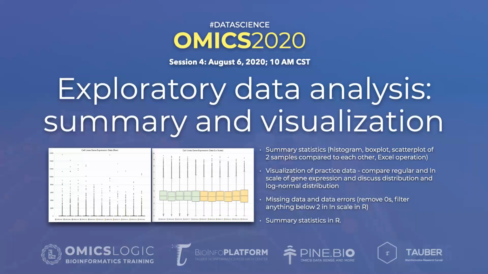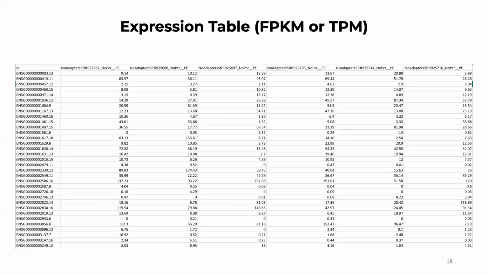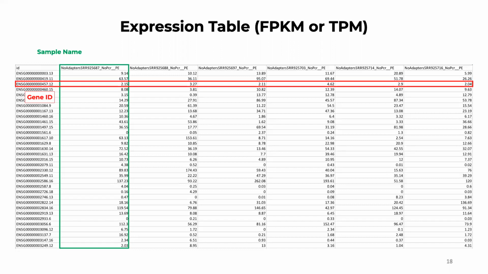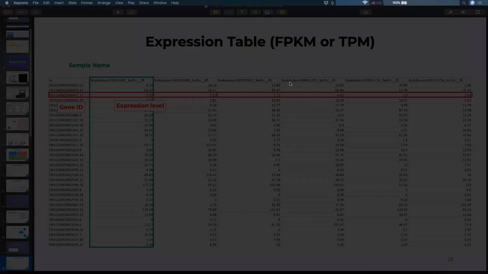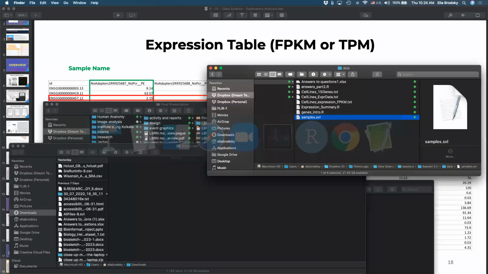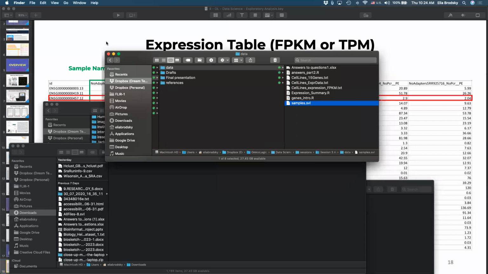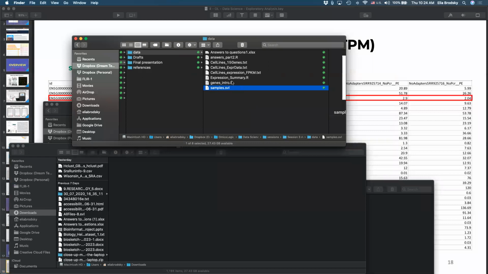Okay, so what are we going to be dealing with? This is a data set that is so-called raw data, right? So this is direct output from that pipeline in FPKM or TPM. So again, we have sample name and we have gene ID, and here we have expression level. Now, let's take a look at this file. This file is, again, in the same link that you got yesterday from BIPSA. So you can go back and open that folder, and inside there are a number of files.